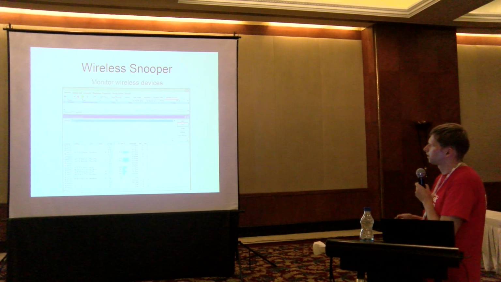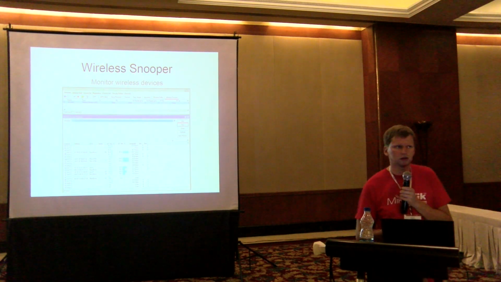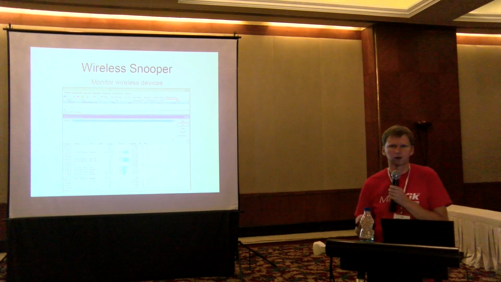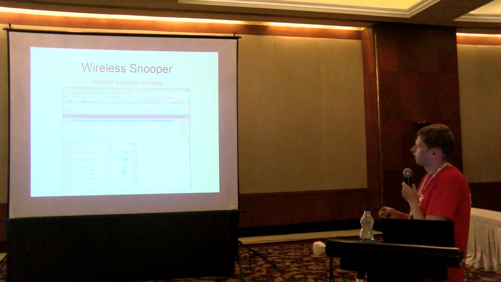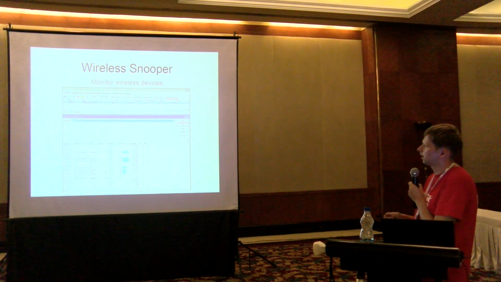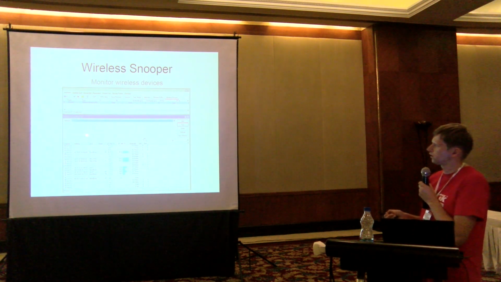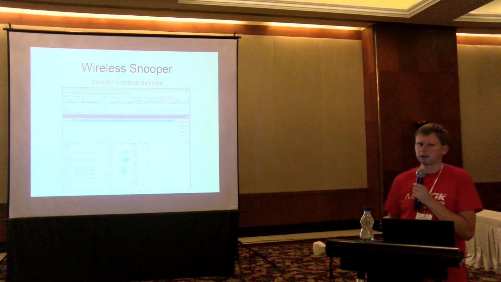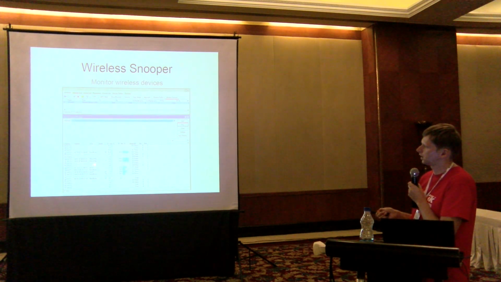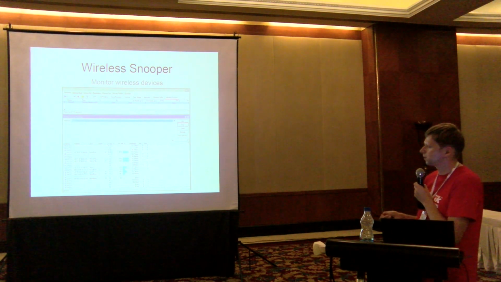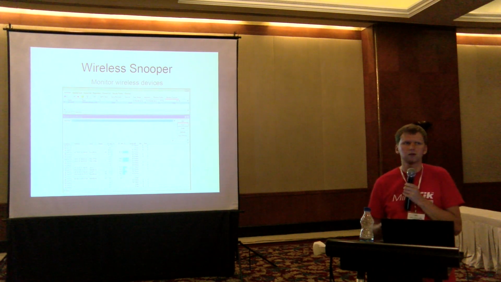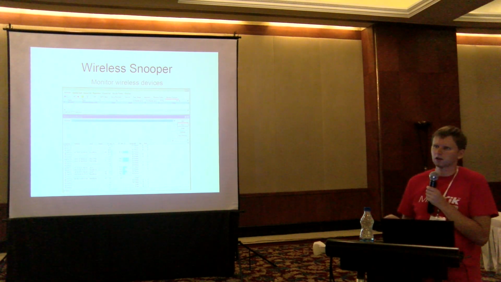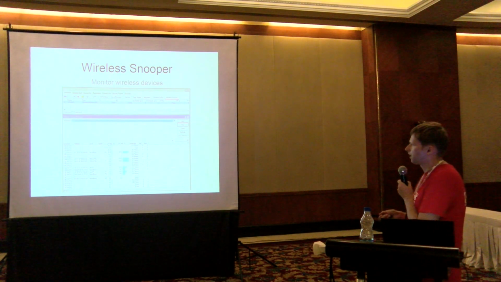Also, we have a wireless snooper. If you want to monitor what's going on in your air, or maybe on your neighbor's access point, you open up the wireless snooper tool and click start, and it will monitor all the wireless interfaces, similar to scan, but it also shows all the wireless clients that are connected to each access point, even the signals and the speed. So you can monitor what's happening on your network or maybe your neighbor's network, and then compare results or do some analysis on that.